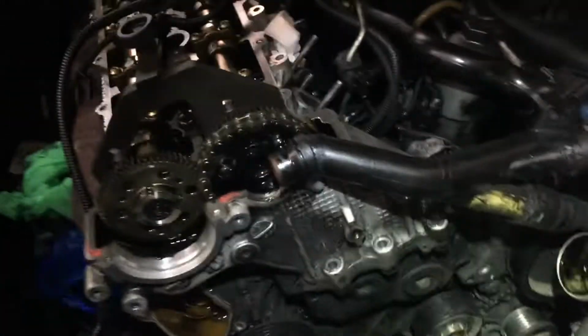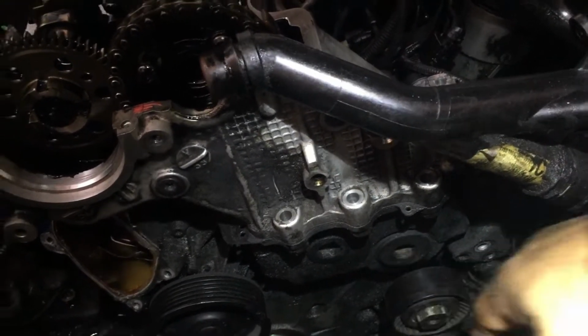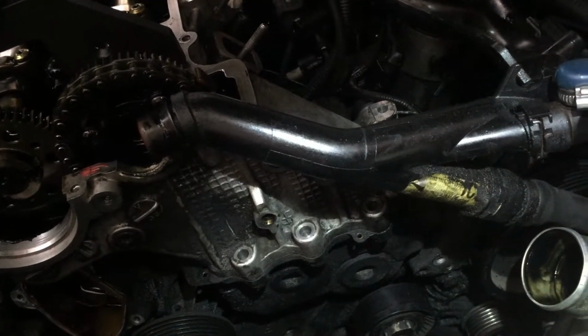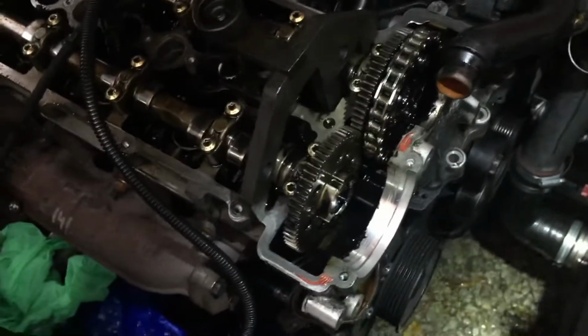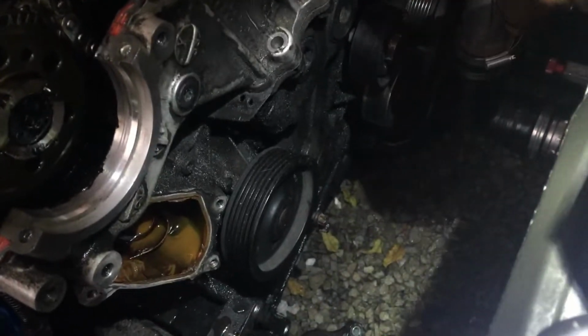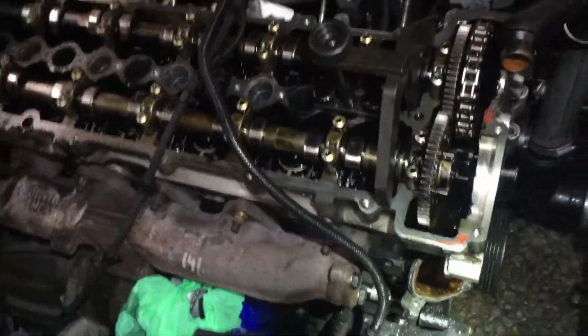So I'm going to leave this at TDC because I need to get a socket for that, and a socket for that for the high pressure pump cover, and also I'm waiting for the high pressure pump special tool that you need to crack the pump off. I've taken most of the timing cover bolts off. So that's about it. I mean, I'm going to take the cylinder head off